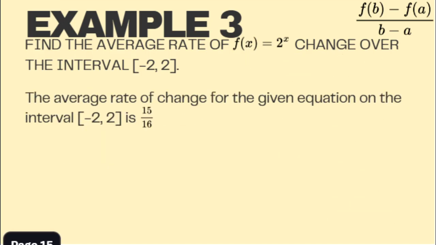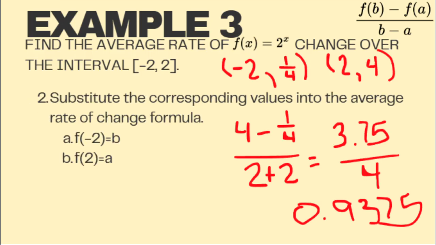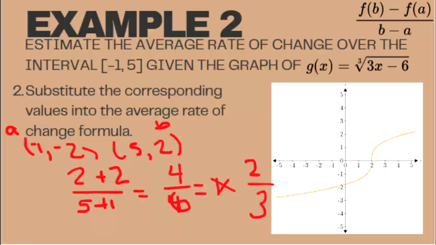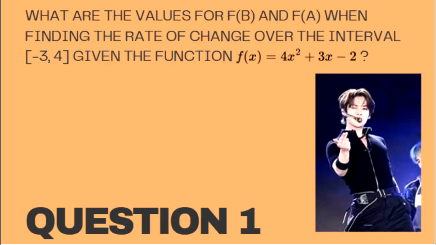Sure, we're going to believe you on that because I'm not going to bother figuring out how to make my calculator change that into a fraction. You know what? I can prove it. I'm going to just go ahead and do 15 divided by 16. And look at that, it's 0.9375. So we got it right. Cha-ching, we can do this correctly. This one's all you. Just put stuff in where it belongs and you'll be fine. Question number 1, what are the values for f of b and f of a when finding the rate